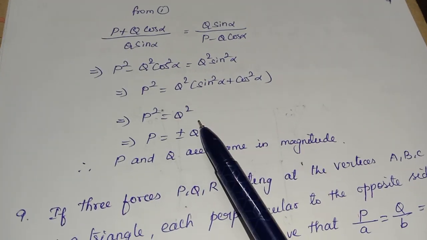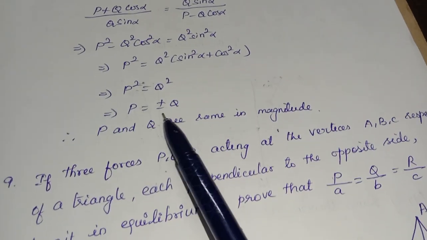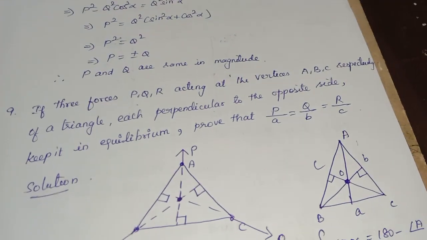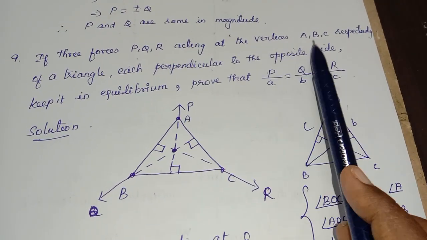So p square equal to q square. That means p equal to plus or minus q. That means what? The magnitudes of the forces are equal. Right. Next problem. If three forces P, Q, R are acting at the vertices